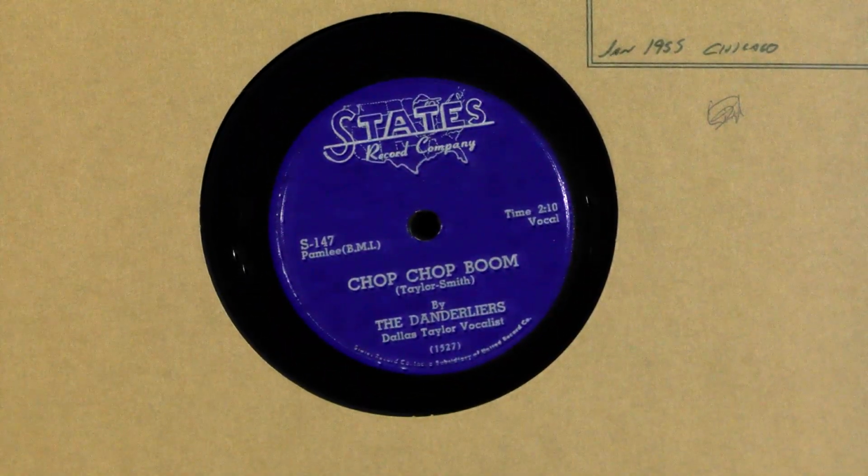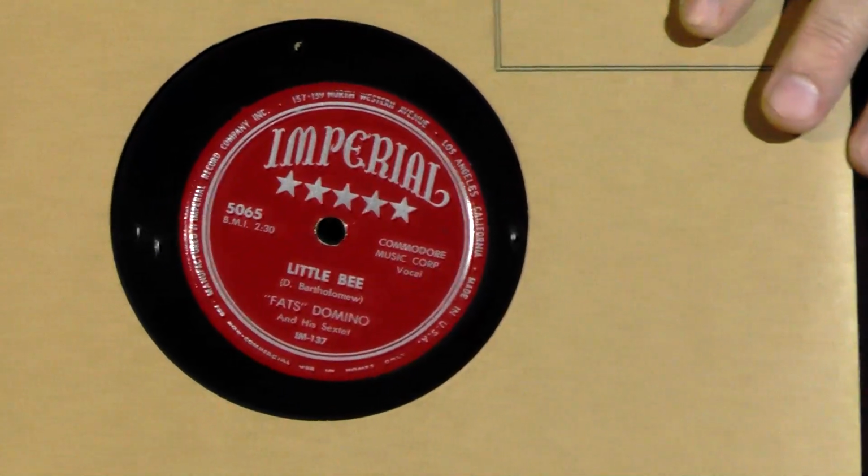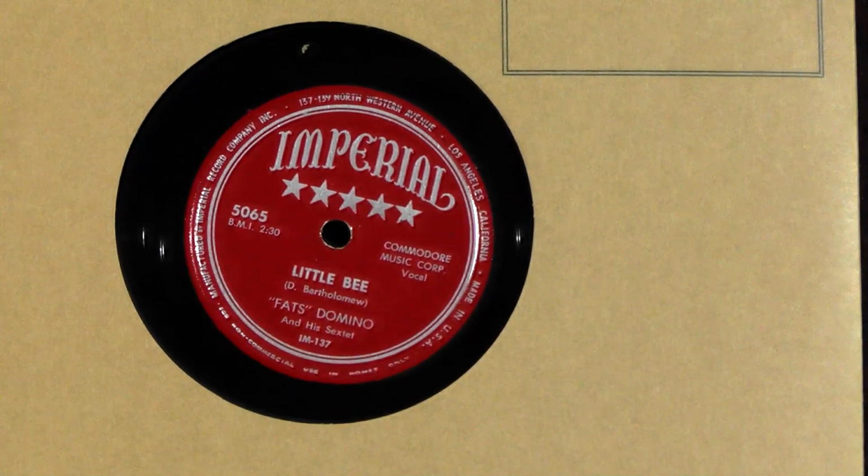Okay, States label, Chop Chop Boom by the Dandeliers. We actually played that tune, I think, in the last auction on the Bidder Request show by a different group. We played this one, this time $100 minimum bid, lot number 5960. Here we have Little B by Fats Domino, $59.66 with a $100 minimum,